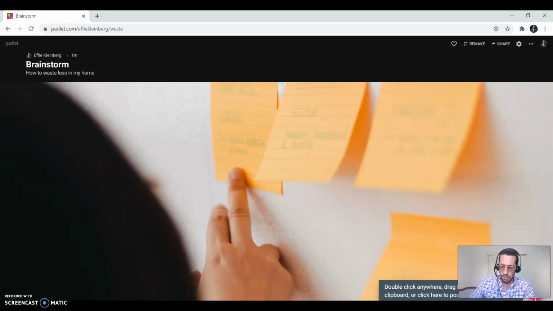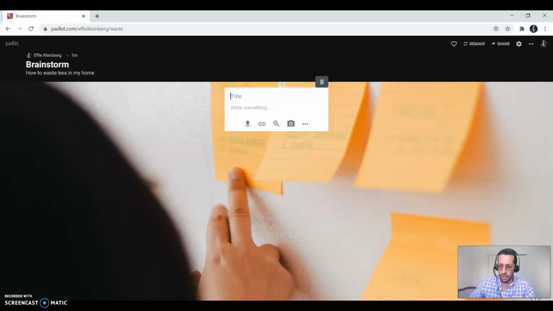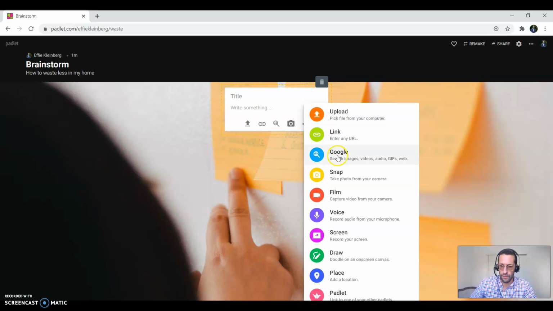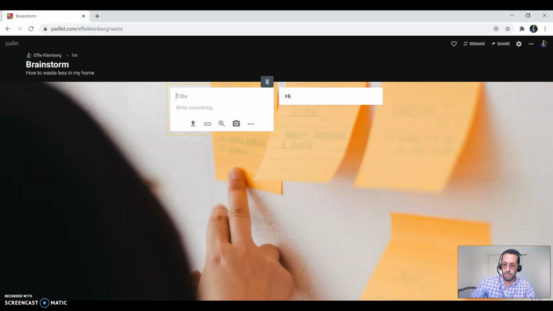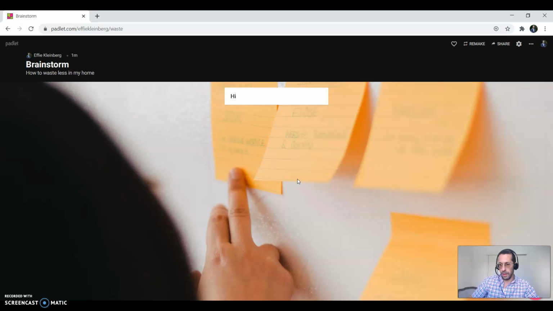The way that that's done is down here at the bottom right of the screen. Click on the plus sign, which gives you a box that opens up, and this box gives you a number of different options of what types of content you can share. And all you have to do is click the one that you like. So if I'm just using text, I can add a text, I hit enter, I click off the screen, and then that box is saved. And I can add as many boxes as I would like, and so on and so on, and that generates the whole page to give people the ability to share all their ideas in one space, a great activity to use as a